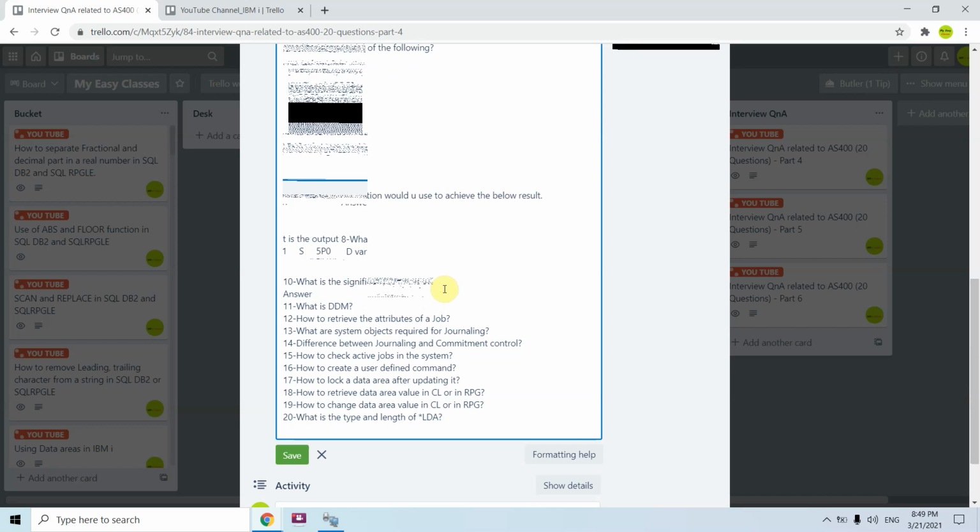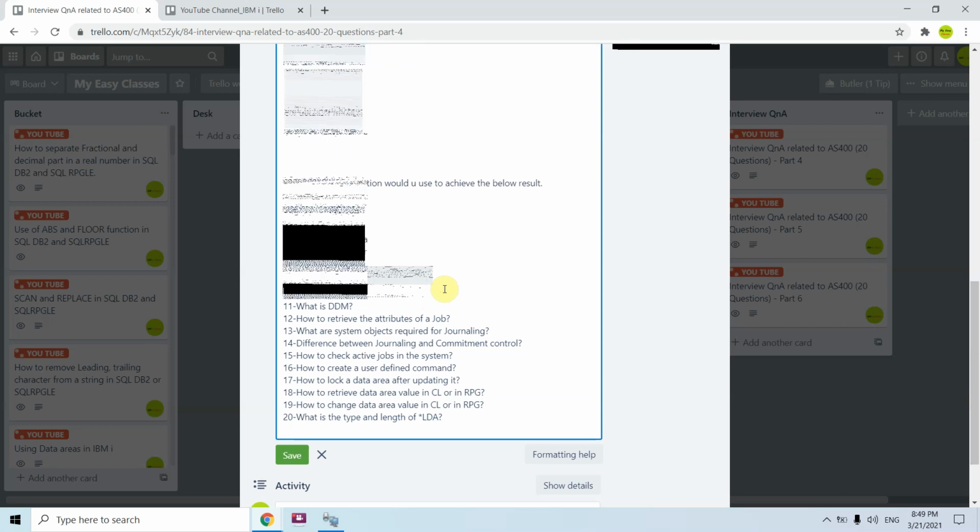What is the significance of UDATE? We saw that we sometimes use UDATE in an RPG program. So why are we using this? Is it retrieving the system date?